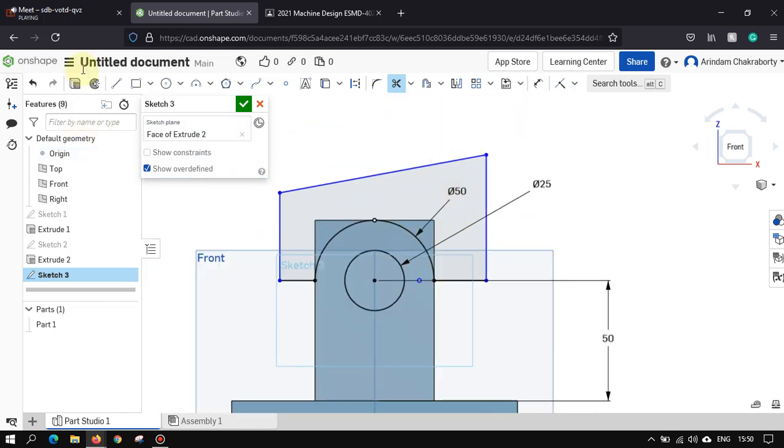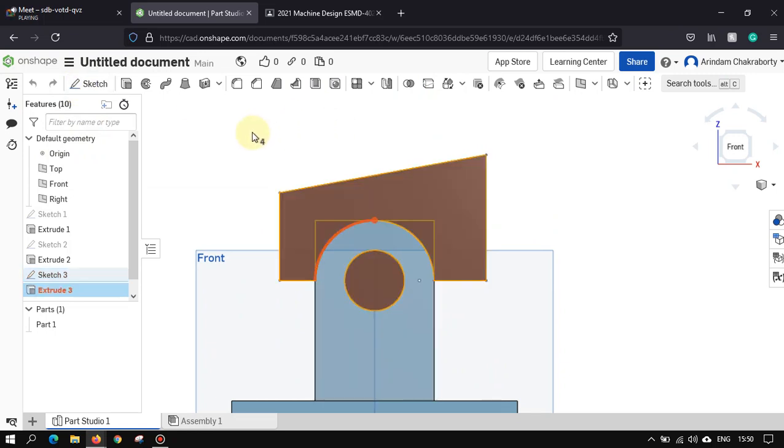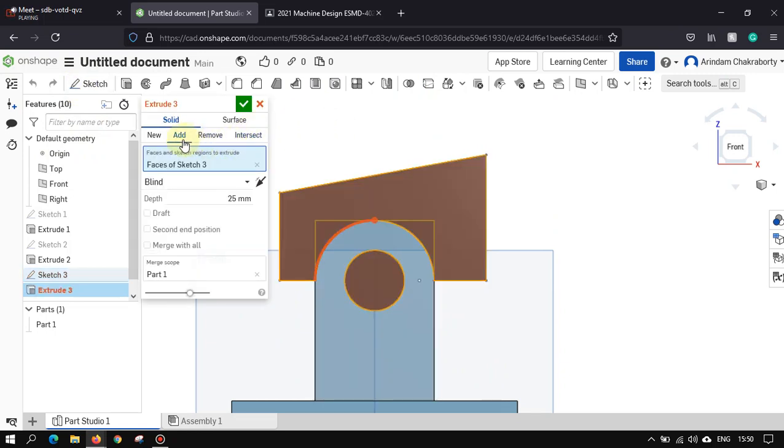Again go for extrude. Here don't press add, go for remove. Fine.